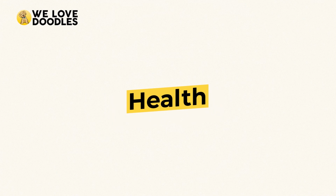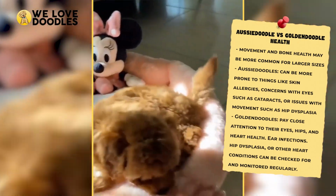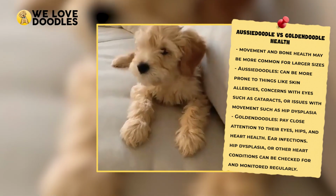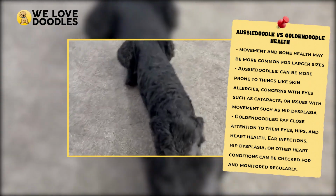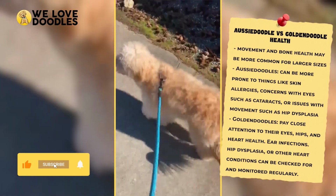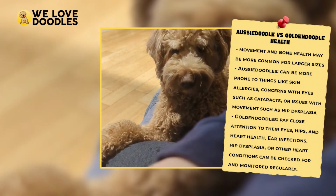Health. Like we said before, health issues can affect any breed, and the Aussiedoodles and Goldendoodles are no exception. For Aussiedoodles, their main health conditions are common for either Australian Shepherds or Poodles. They can be more prone to things like skin allergies, concerns with eyes such as cataracts, or issues with movement such as hip dysplasia. In the same vein, Goldendoodles may experience health conditions that are common for either Golden Retrievers